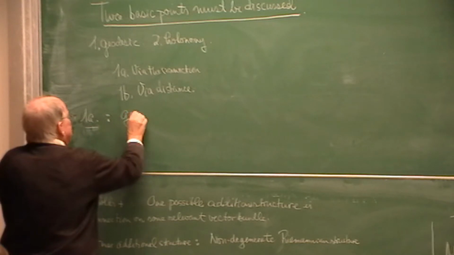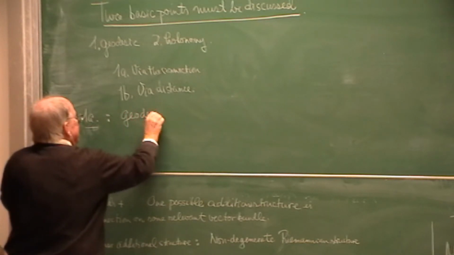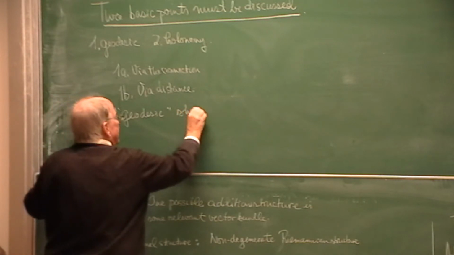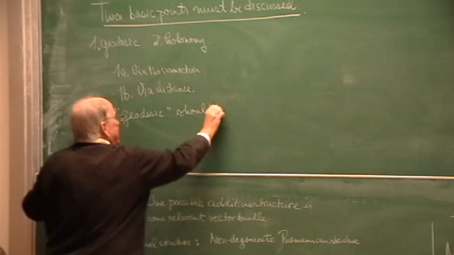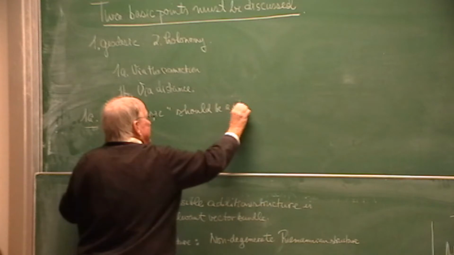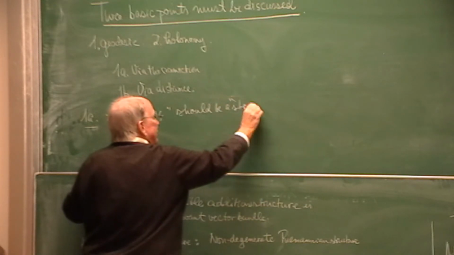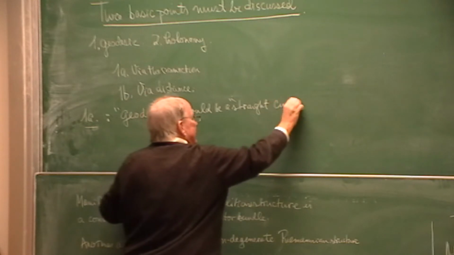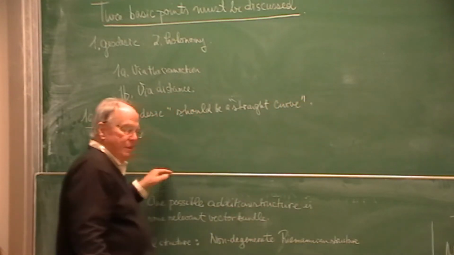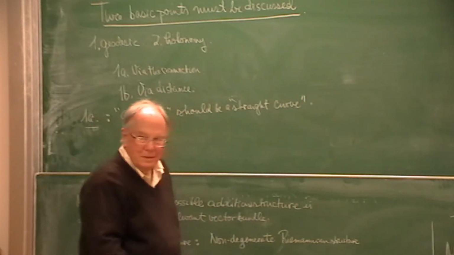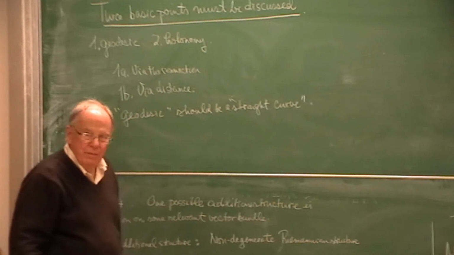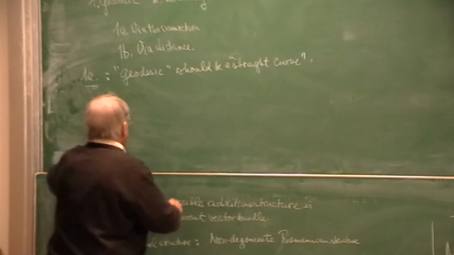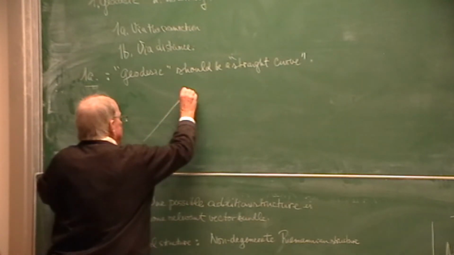Geodesic should be straight. Should be a straight curve, whatever that means. Now think about what it means in the plane. A geodesic should be a straight line,